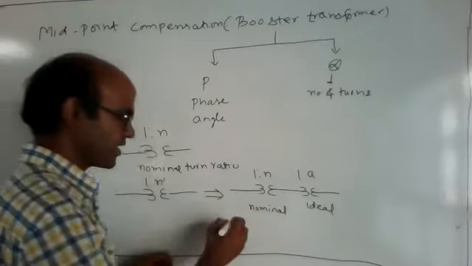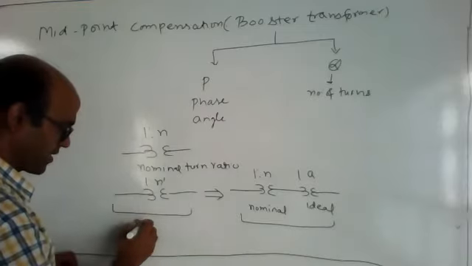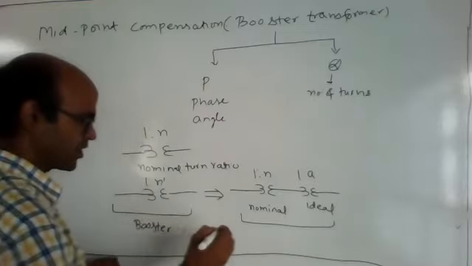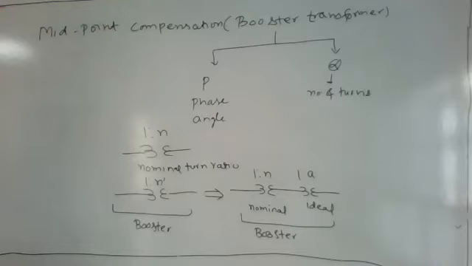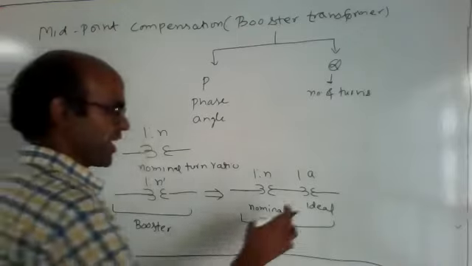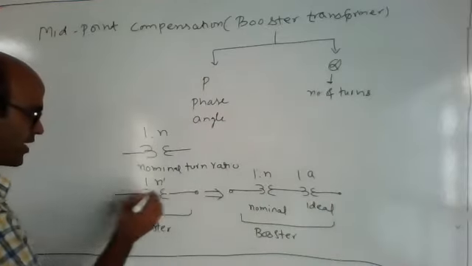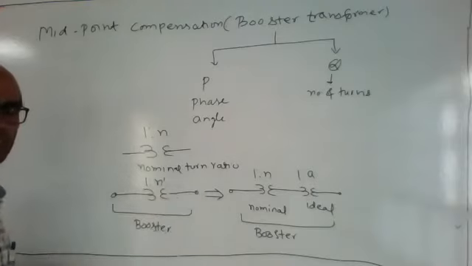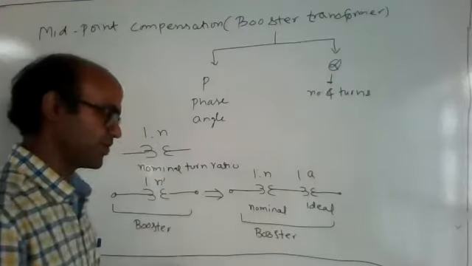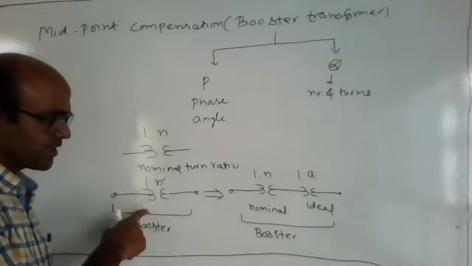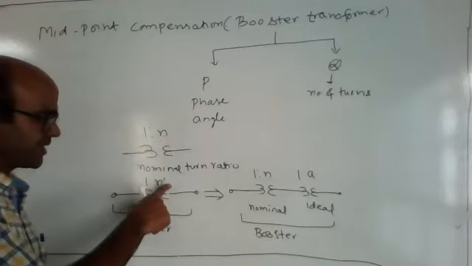So this is a booster transformer. And if you want to analyze what the voltage is at this point, this is your output terminal, right? At this point, we are connecting the secondary. So what is the voltage? You can easily calculate it by the turn ratio. So what we are doing here is changing the number of turns. Here the number of turns is n, but here it is n dash.